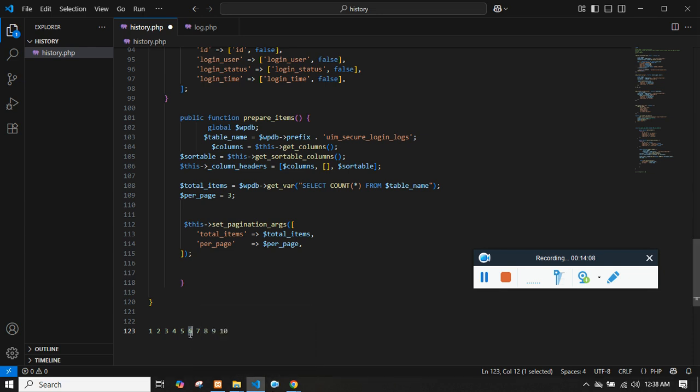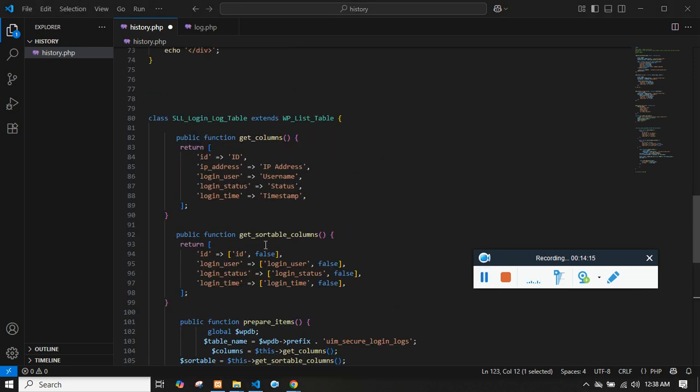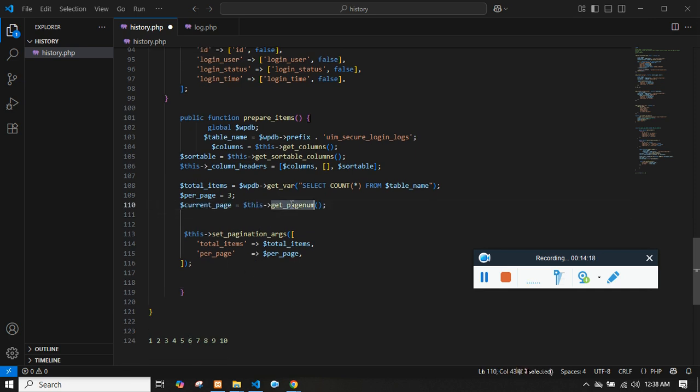So to get the page which you are currently in, we need to give a function which we will be getting from the parent, which is get page name, get page number. Suppose you are in the 6th page and the current page would be 6. Now since you are in the 6th, the data that need to be shown would be, per page we have defined, which is 3: 6, 9, 12, 15